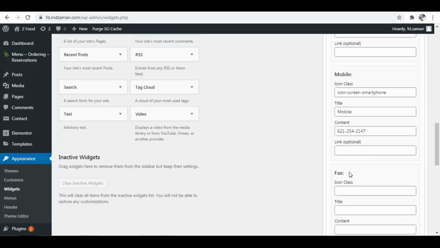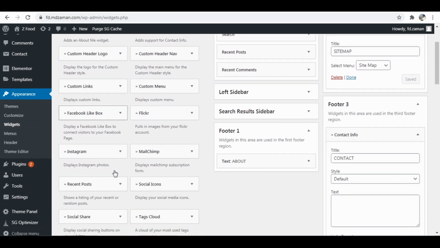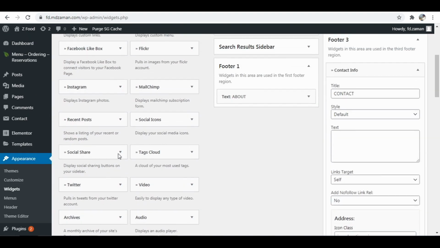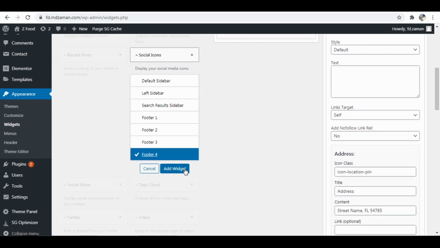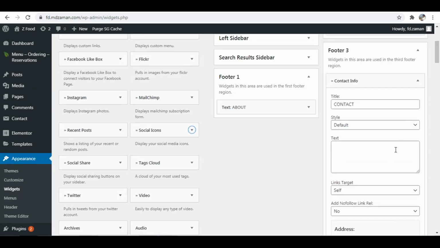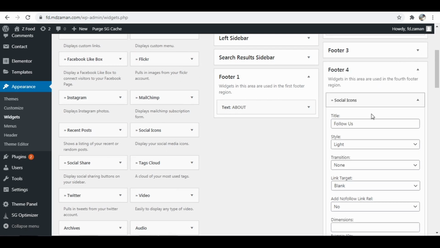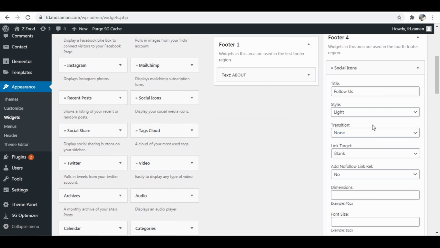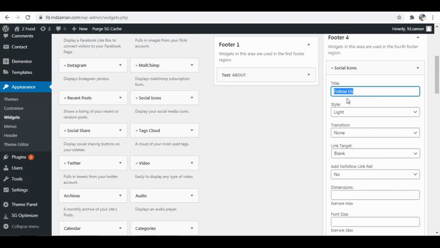Now come back again and we have social icons in the end. So go back and I'm going to search for social icons. It is here. Click on it and send it to footer 4. Click on add widget and they have been added to the footer 4. Come to footer 4. I want the title to be social, not followers, so I'm going to write social,